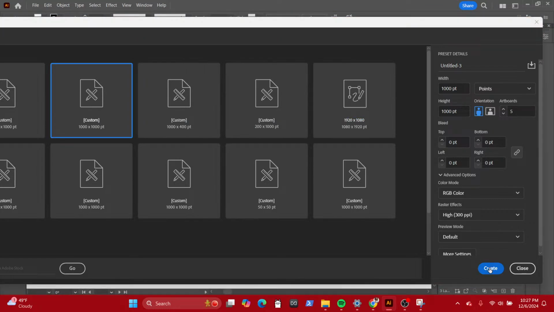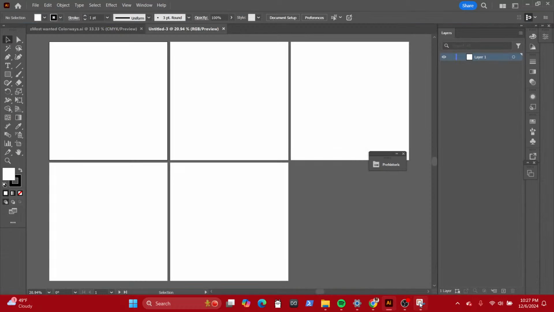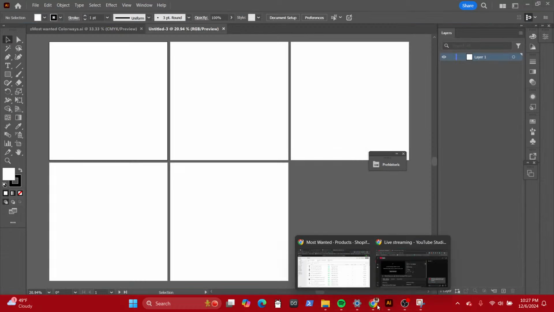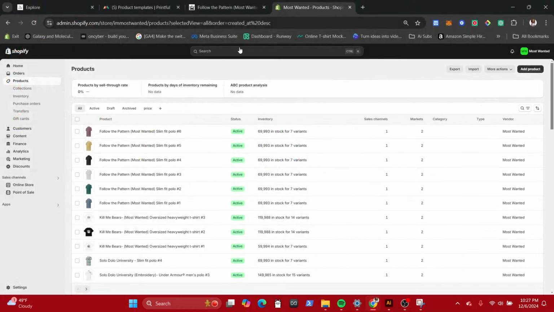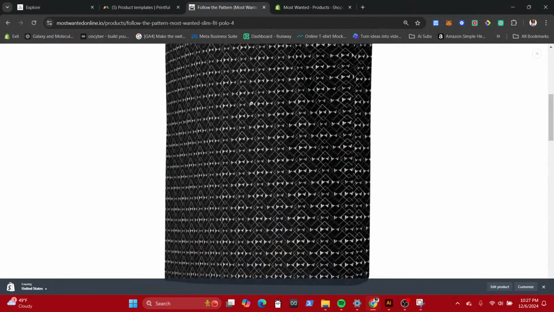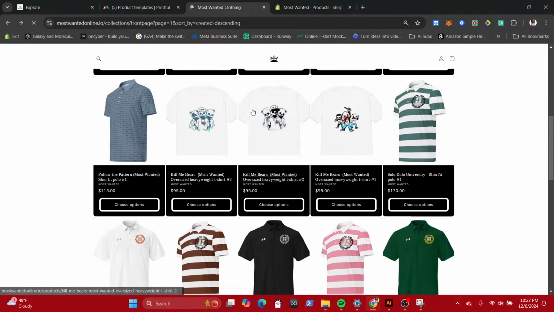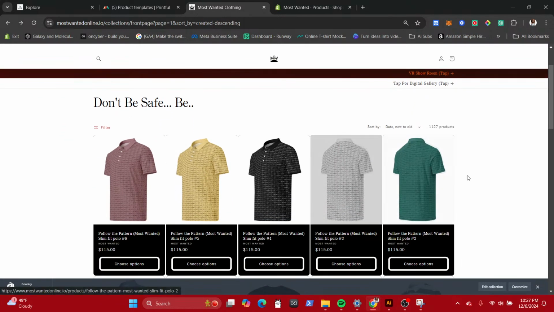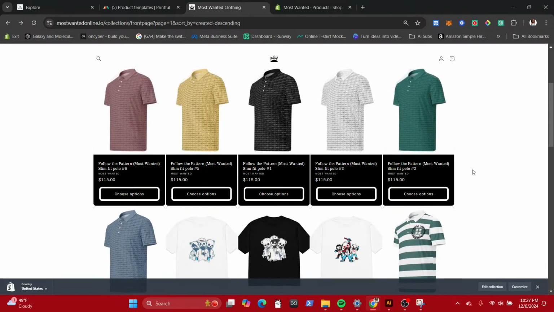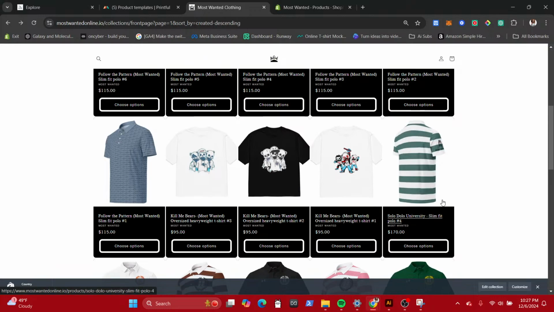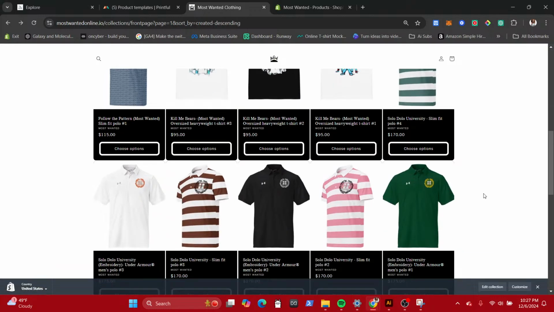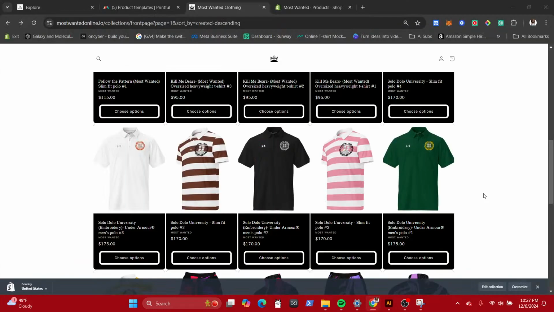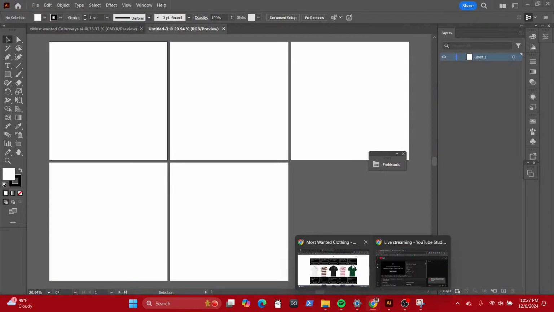Now, let's see what the vibe is, at least for me right now. So my last designs, this is kind of my litmus test. I see what the last designs that I did, and I try to go slightly left from the last template I did. So I did patterns on a solid color, then I did Kill Me Bears, and then I did Solo Dolo, which was fire. Changed it up.